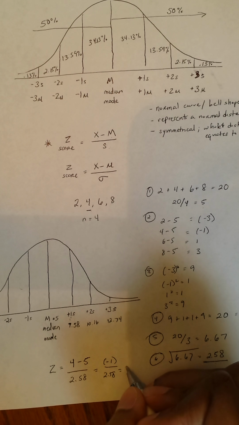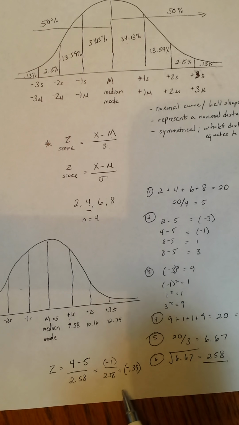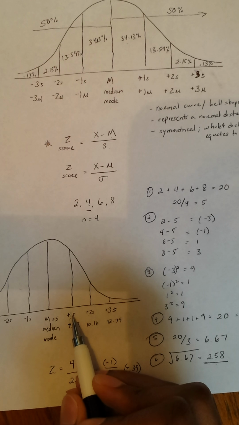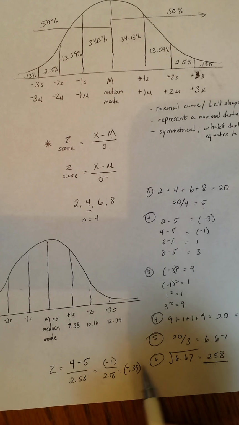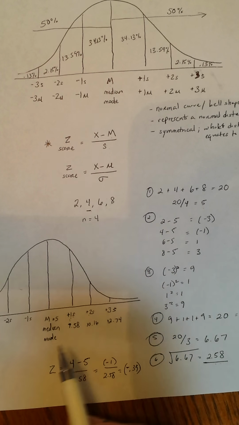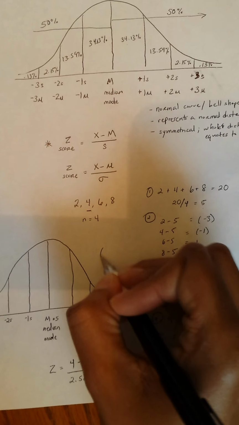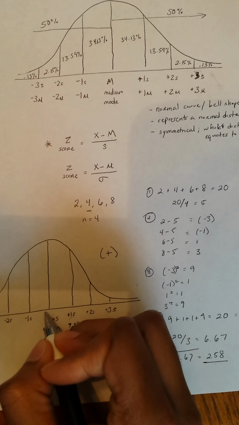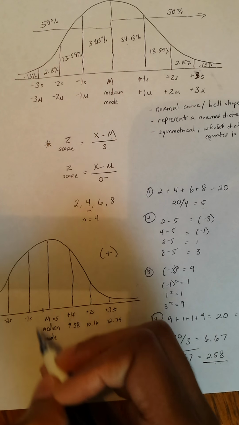negative 0.39. Okay, so again, we're taking the raw score 4 and we're transforming it into a standard deviation unit, and we got a negative 0.39. So the negative and the positive symbol tells us where that standard deviation is going to fall. If it's negative, it's going to fall on this end. If it's positive, it's going to fall on this end. So we got negative 0.39, which means that it likely falls probably right there